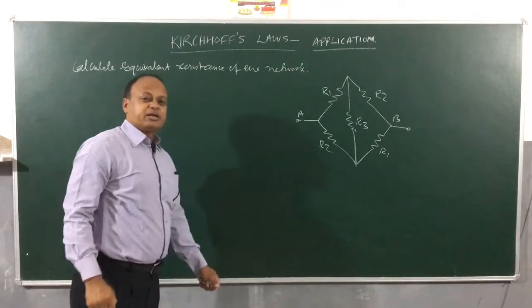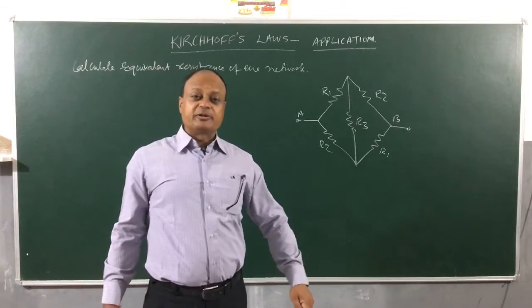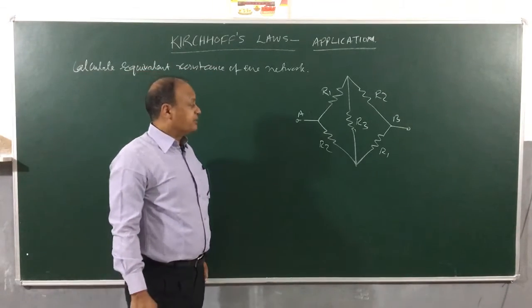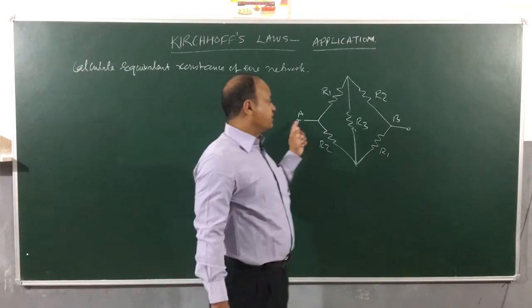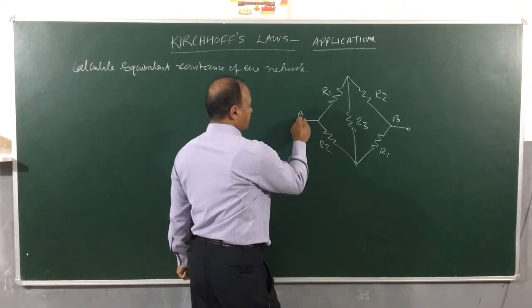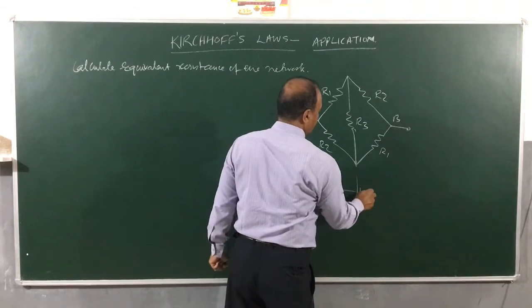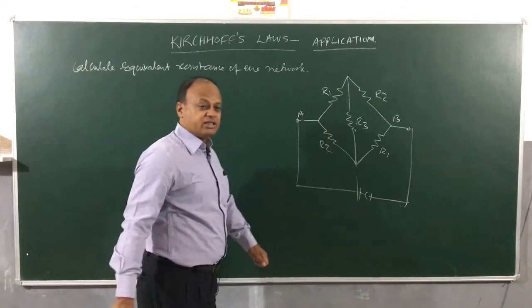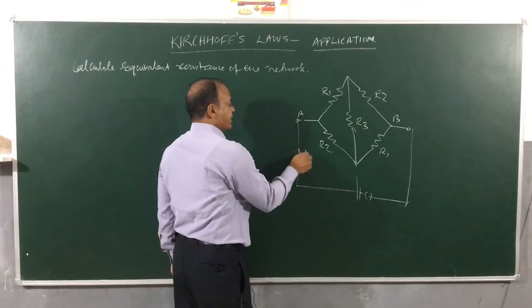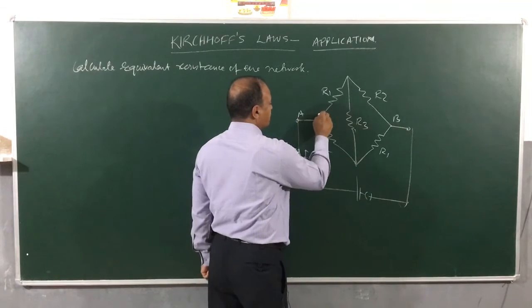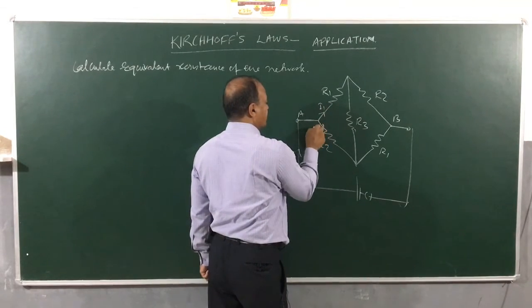Children, many times it becomes advisable and it becomes very important for us to connect an imaginary battery. As they want to calculate how much is the equivalent resistance between points A and B, I will connect here a battery. I will close the key. When I close the key, you can see a current will be set up in the circuit. Suppose the current is I. This current will be splitting here in two branches. Let us say here it is I1 and here it is I2.